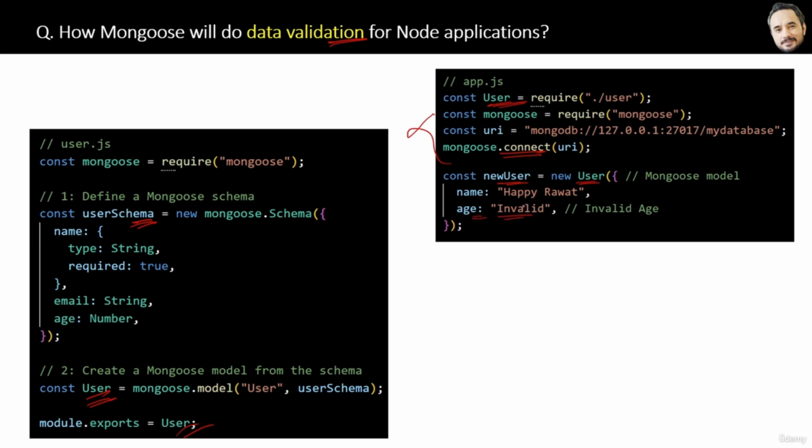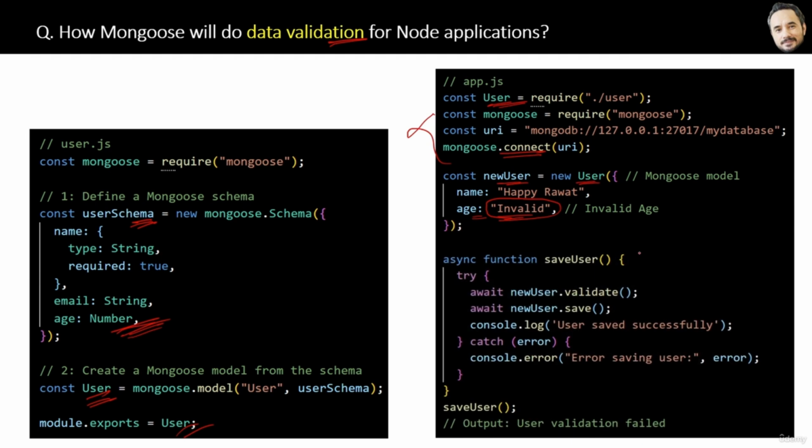Meaning, as per the schema, the age should be a number. But here we are assigning a string value to the age. And that's why it is invalid, right? Now listen carefully. To capture this invalid data, we will first call the validate function of this user model like